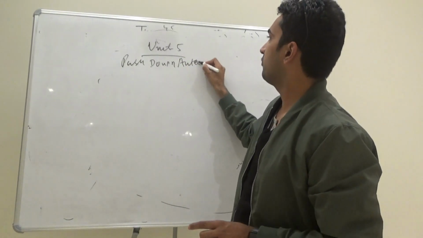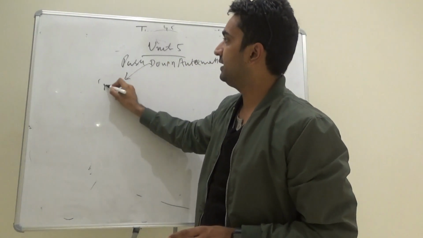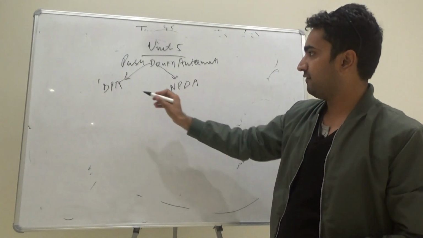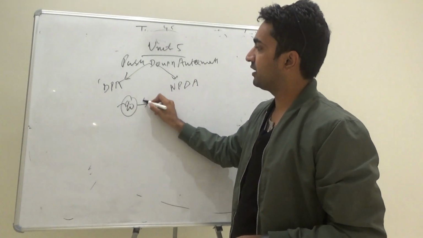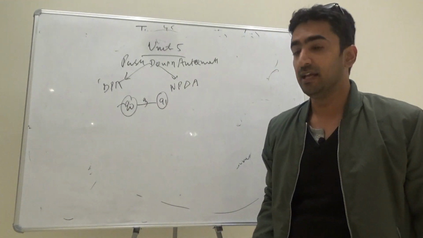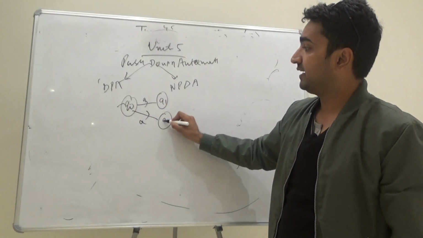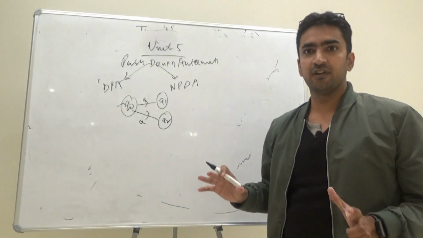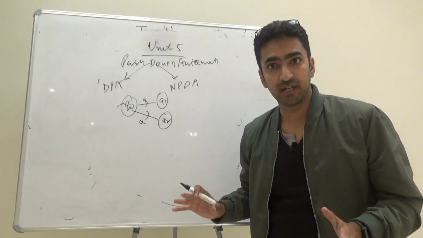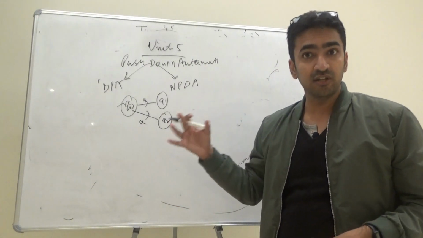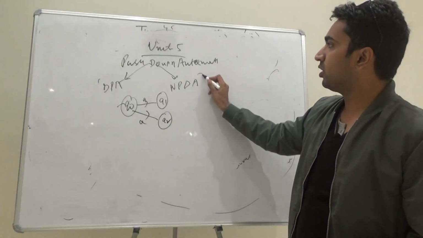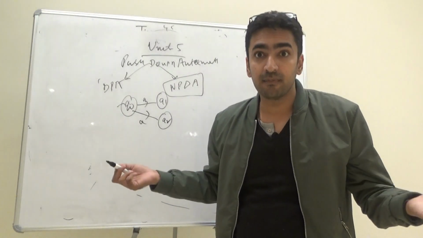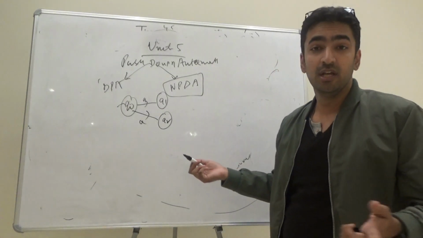There are two types of pushdown automata as well, which are DPDA and NPDA. The difference is very simple. If a state, given a particular input, goes to a single state, it is DPDA, but if it goes to two states with the same input, it is non-deterministic pushdown automata. I have covered everything regarding pushdown automata. What kind of questions can you expect from them? Again, they are tuples. There are 7 tuples in this particular pushdown automata.